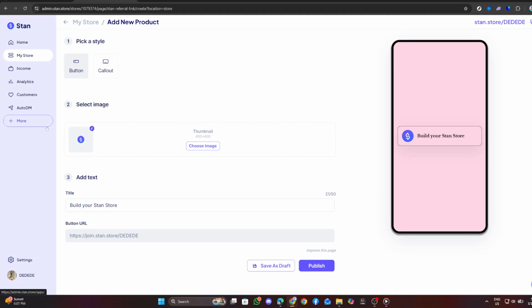Automating your sales is crucial for passive income. Share your Stan Store link on various social media platforms such as Facebook, Instagram, or Twitter. This allows potential customers to discover your products easily. By promoting your store effectively, you can drive traffic, and once your products are set up, sales can occur automatically without your direct